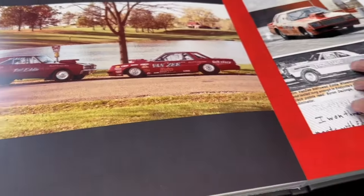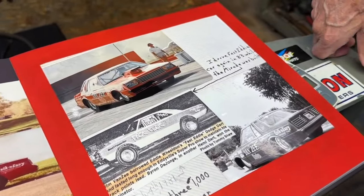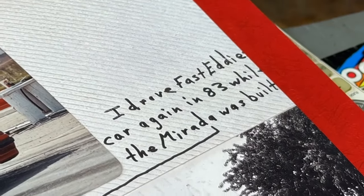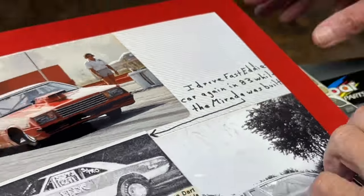Fast Eddie used to keep his car right here. There's an overhead door right here, and he used to keep it here. And first week out, he blows the engine in it. Well, I had two engines back then. I had one that was all built